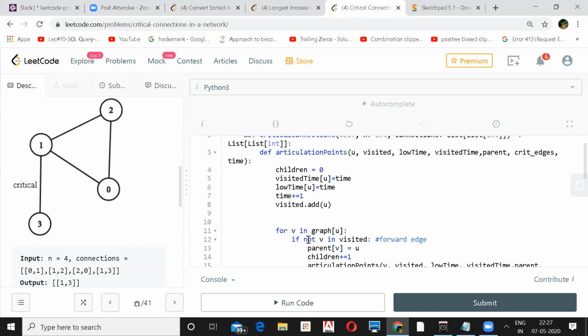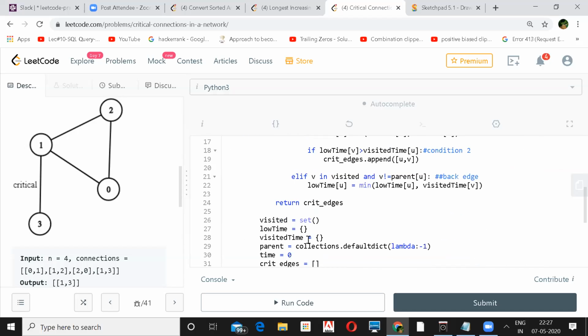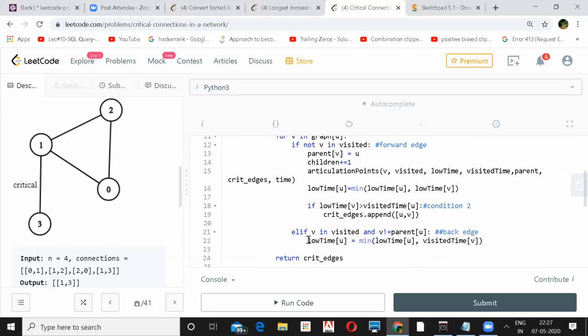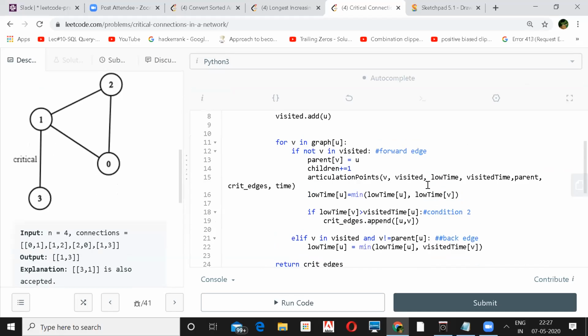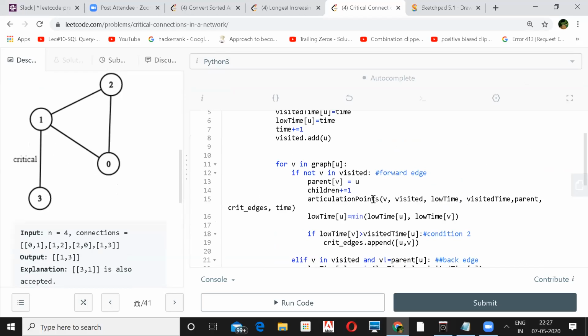You don't need to actually have that children here, right? That is for the articulation points. The rest of the algorithm is okay, but the children plus 1 is not required because you are not using it anyway. In articulation points you have to look for children, because if it is a root, you need those children values to know that.